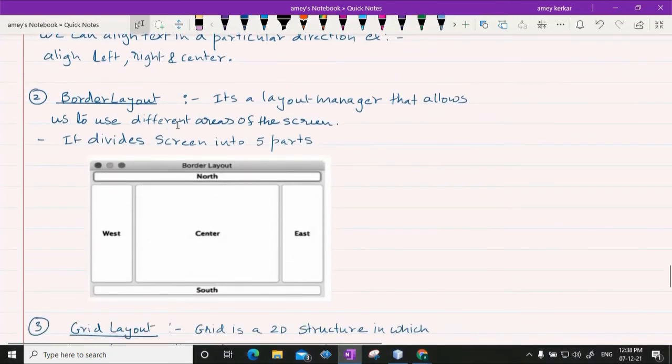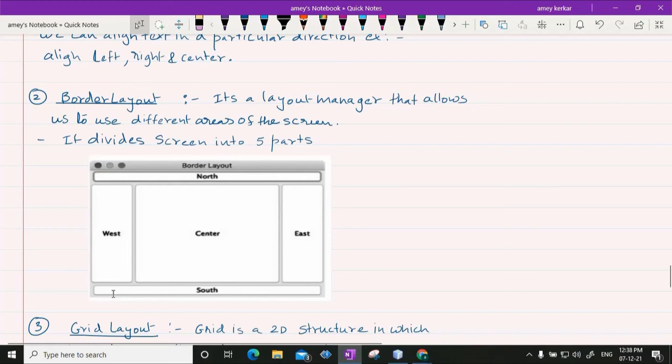Now you have seen web pages. Whenever we have a web page, you can have a banner of the page. Then you will have a left pane where different buttons will be there to select different options, or a right pane where you will have some advertisements or maybe a calendar.